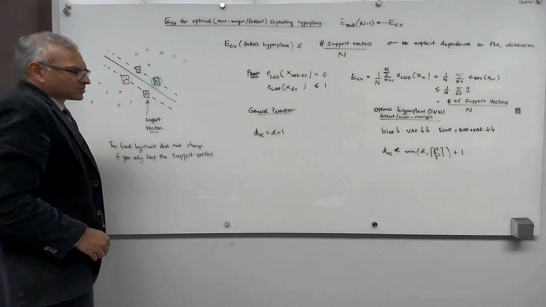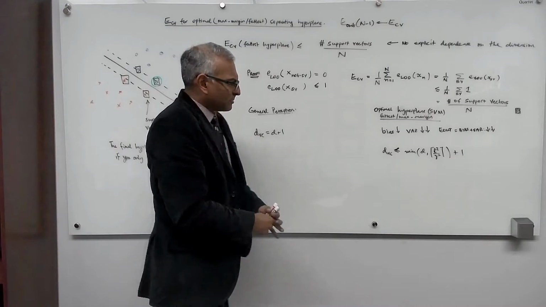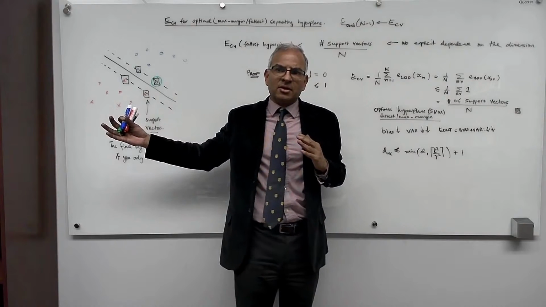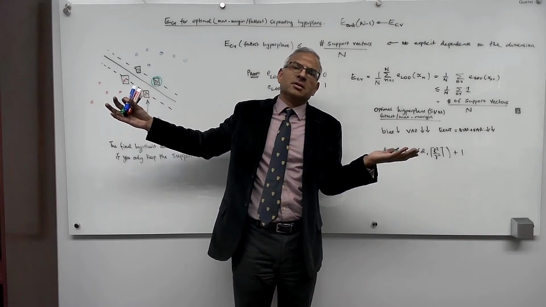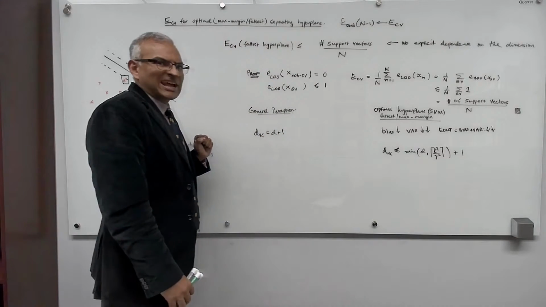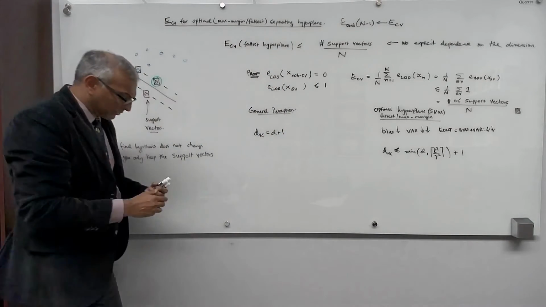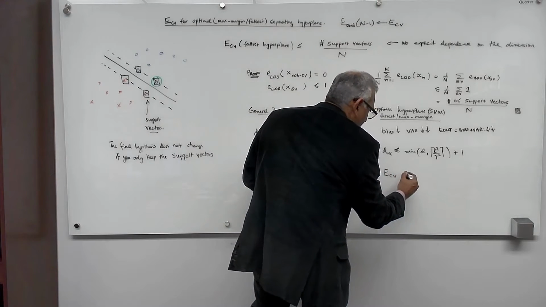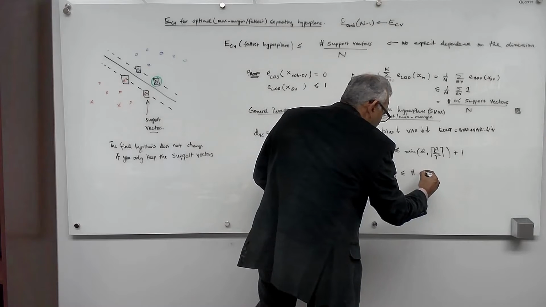And so again, it suggests that we might be able to go to high dimensions and control the out-of-sample error, providing that the in-sample error is small and the data is tightly bounded. And then we have this stunning result that the cross-validation error, E cross-validation, is at most the number of support vectors